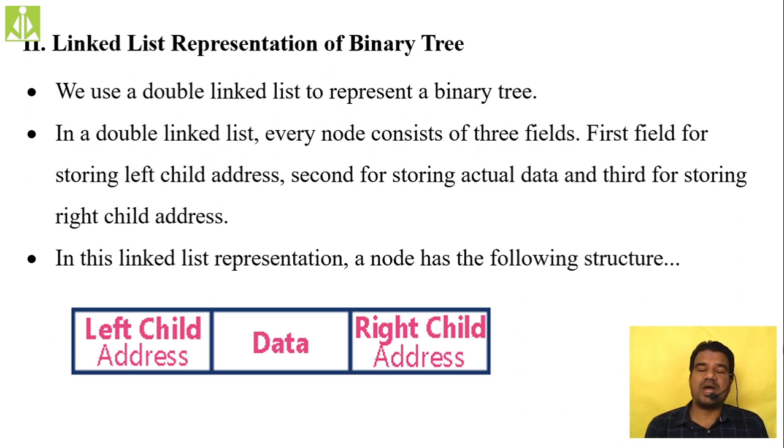As it is going to have two children to point, one is the left child and the other one is the right child. So we said your binary tree can be represented with the help of a doubly linked list. So the node, if you see inside your binary tree, it is exactly similar to your doubly linked list node. It is also going to have three parts. The node is going to have three parts inside your binary tree.